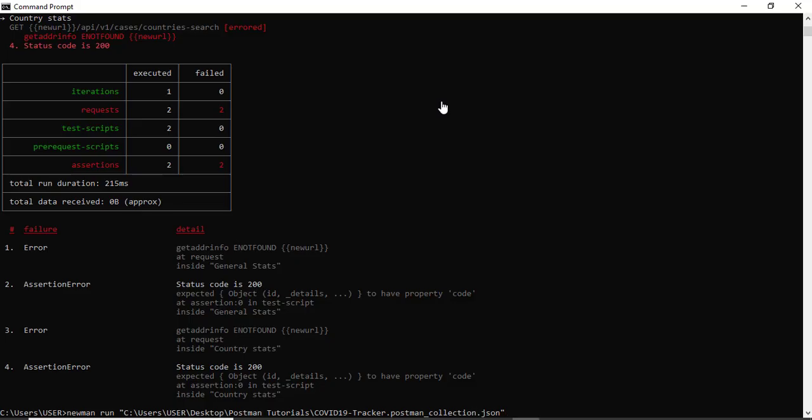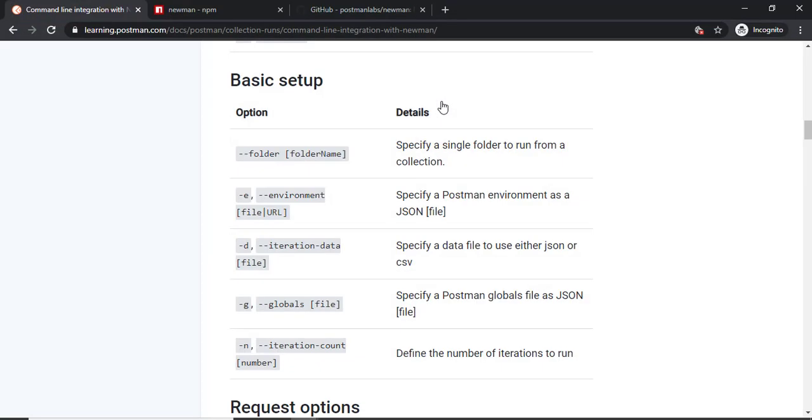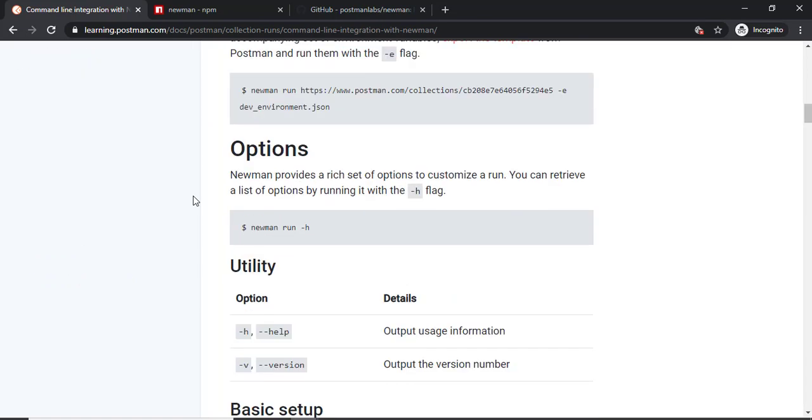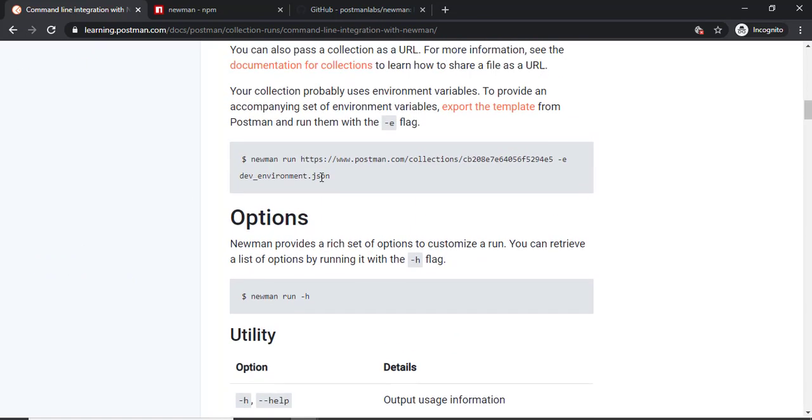So how do we know how to pass it? One thing that you can definitely refer to is their official documentation. If you come down here, they have mentioned that if your collection uses environment variables, you can just pass -e and give the JSON file, and it will automatically pick the keys that you have mentioned, map them, and execute.